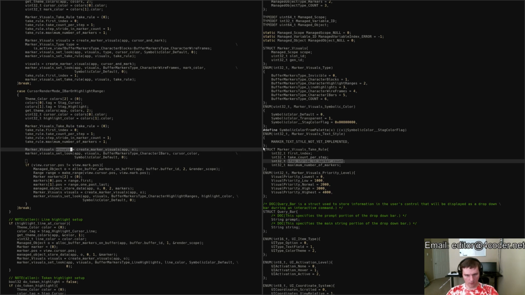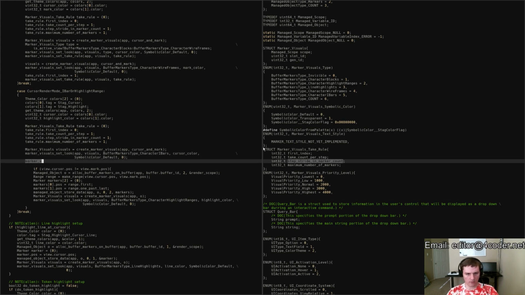Okay, so we create new visuals on cursor and mark, and then we set the look of those visuals like so, and then we're going to set the take rule on these visuals to be take the first marker only. Here, down here, you can see we're pushing 2 markers down. That's because this does the whole range. So we're now actually saving memory a little bit here, because